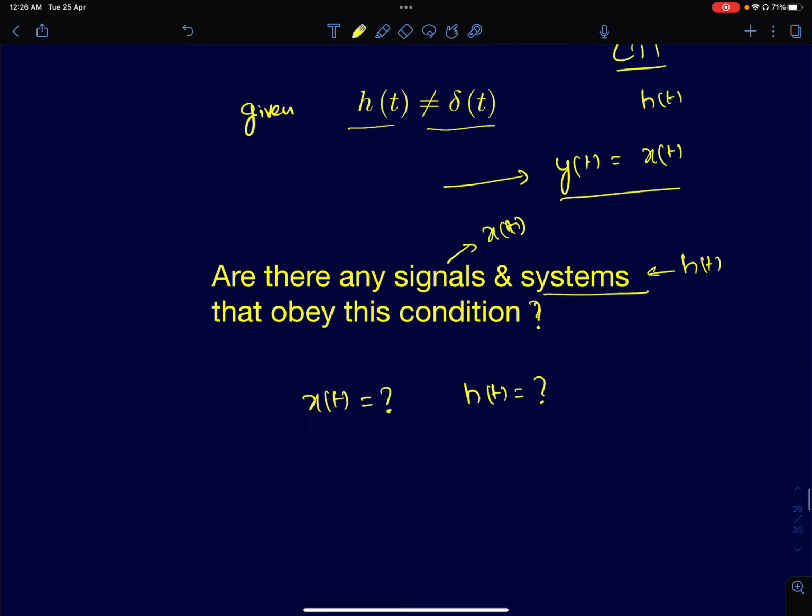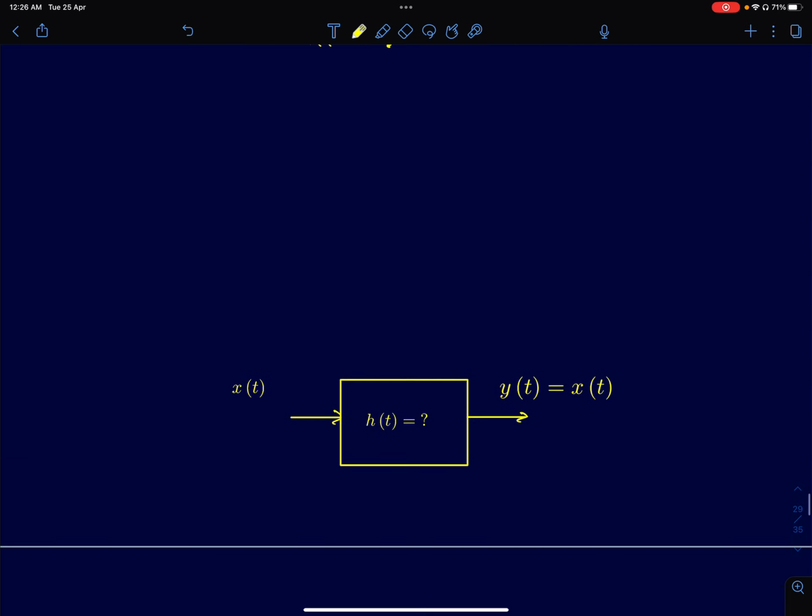Now, first, I'll just remove the trivial solution. We know that if y of t equals x of t, such systems are called identity systems. I mean, systems whose outputs are exactly the same as inputs. And for these identity systems, the standard solution is that the impulse response is an impulse itself. Okay, that can be easily derived